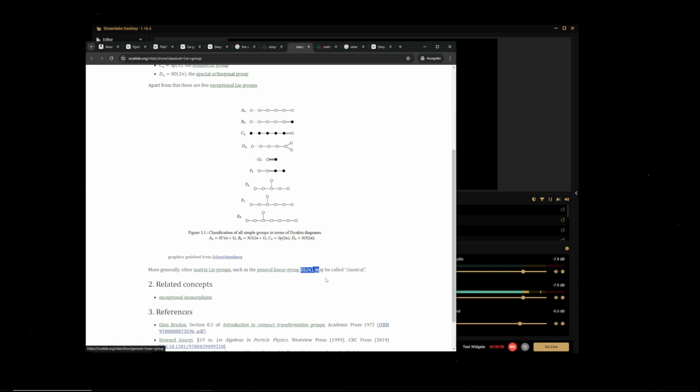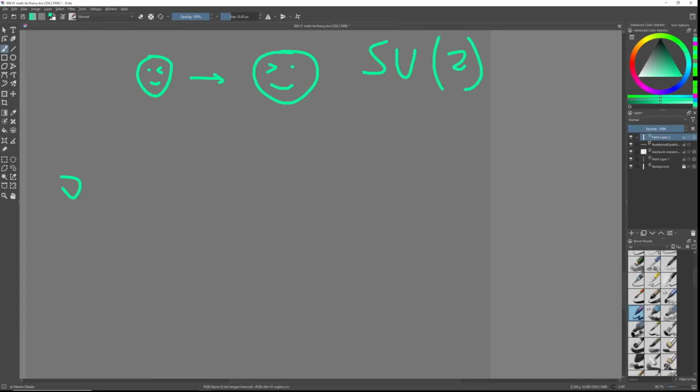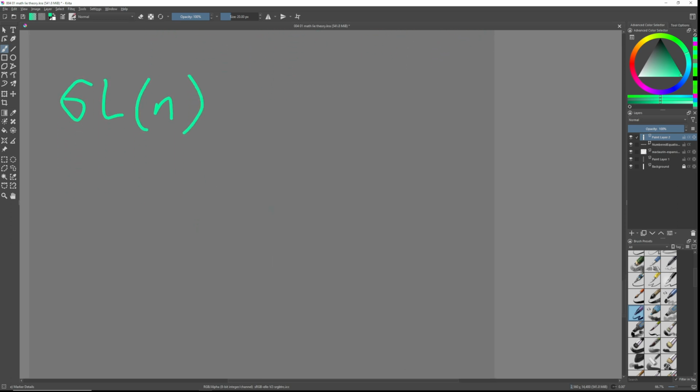So for some reason, this is not counted as a Lie group, which I'd have to think about why specifically. But it's definitely a continuous group that we care a lot about, called GLN. It's described here as a type of matrix Lie group. So let's talk about that first. So what is GLN? GLN basically just refers to vector spaces, specifically the transformations that you can do on vector spaces. So it's like all the possible matrices in a vector space, basically, except that we only look at the invertible